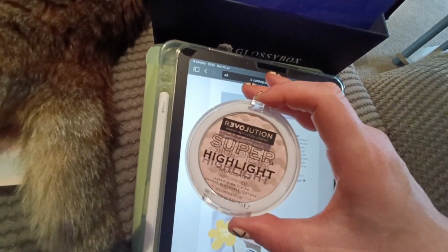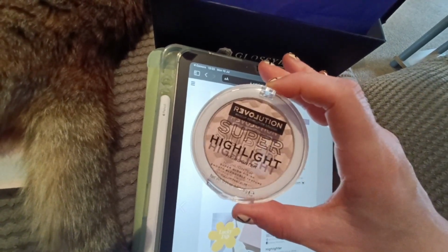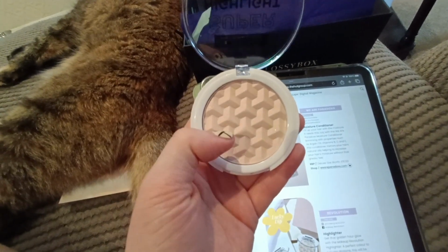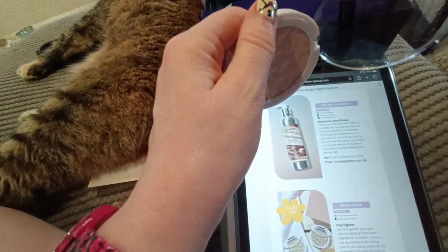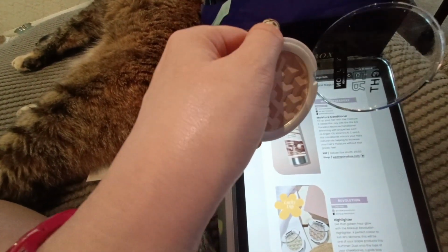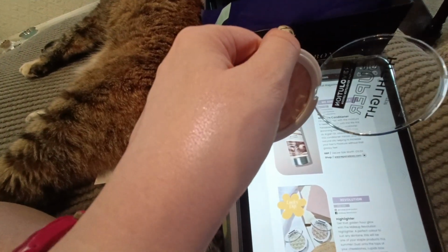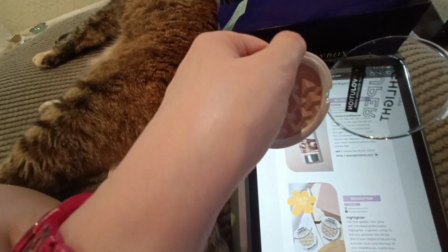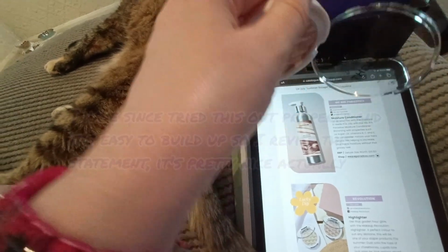Let me just open this up, and I will do a bit of a swatch. We'll see if this is going to be a good one or not. Give me a second. Okay, so this is what it looks like open. I like the pan embossing, that's really cute, but this is what it looks like swatched. You can just see that bit of shimmer there. That looks really, really nice on camera. In person, I can't see a thing. It's not really there. So maybe...